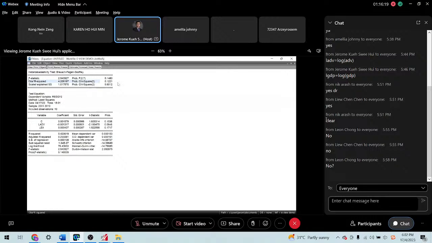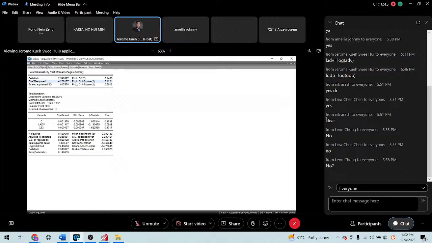This is the probability of the chi-squared that we use to decide whether to reject or not reject the null hypothesis. In the heteroscedasticity test, the null hypothesis is that the variances are constant, that the variances are homoscedastic.